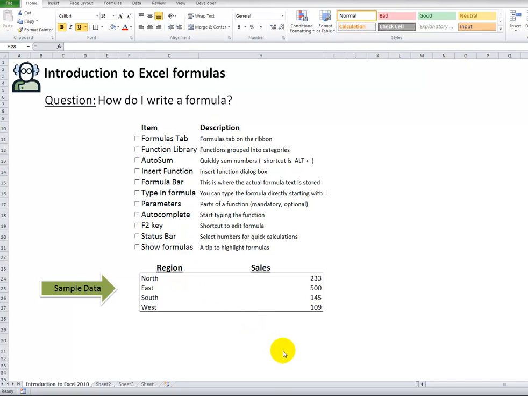In this video, I'm going to teach you how to write a formula in Microsoft Excel. And we're going to review all the different items in this list here. As we go through each one, I'll just click this little box and it will highlight the current thing that we're reviewing. So the first thing that we want to do is find the Formulas tab